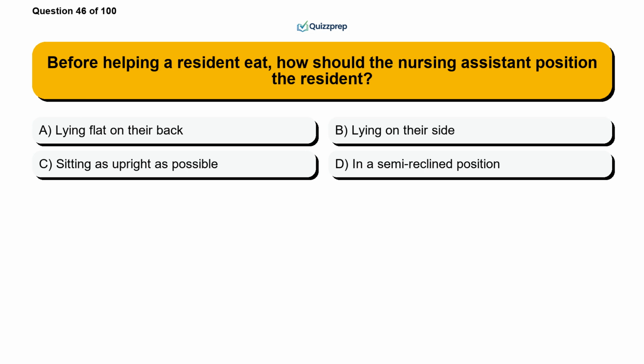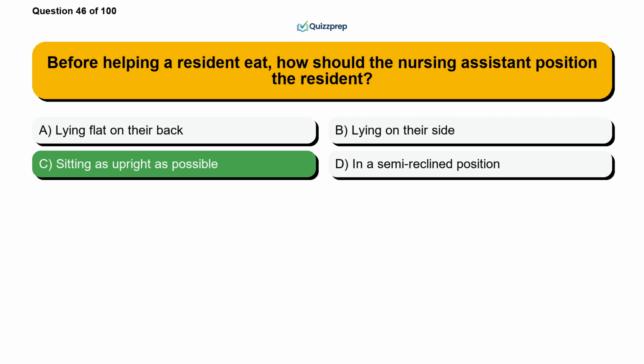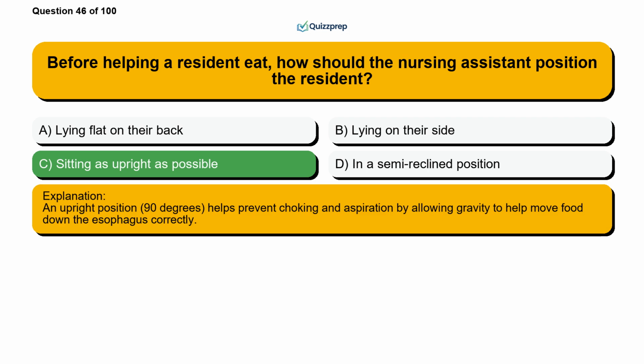Question 46. Before helping a resident eat, how should the nursing assistant position the resident? Option A, lying flat on their back. Option B, lying on their side. Option C, sitting as upright as possible. Option D, in a semi-reclined position. The correct answer is option C, sitting as upright as possible. An upright position, 90 degrees, helps prevent choking and aspiration by allowing gravity to help move food down the esophagus